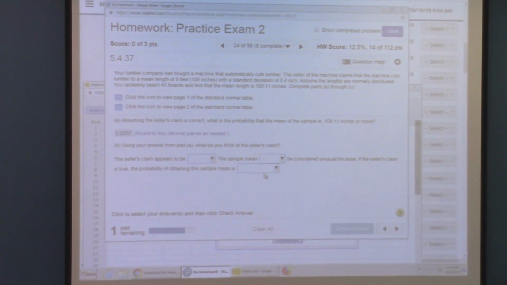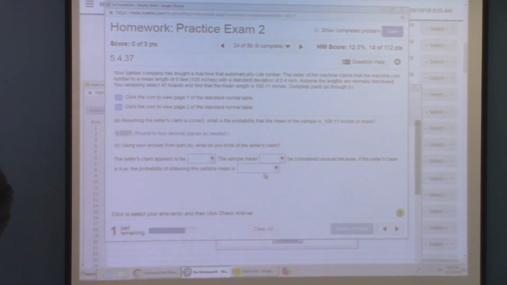Now the second question is testing the veracity of the claim. Based on this probability, you can check whether or not the claim is true. What is the question saying? The seller's claim appears to be yes. So based on this,